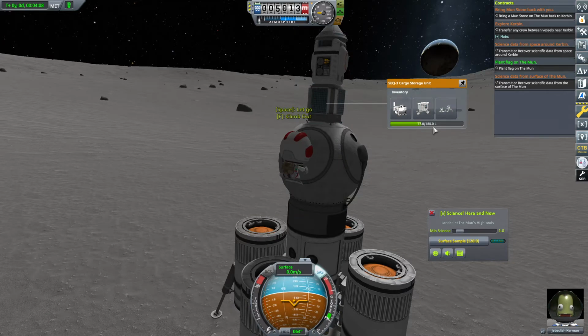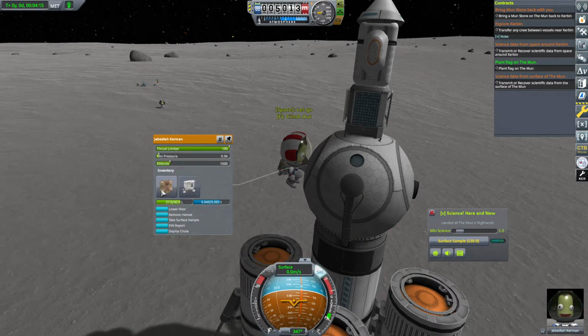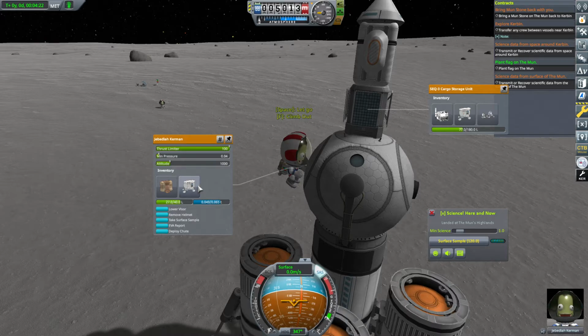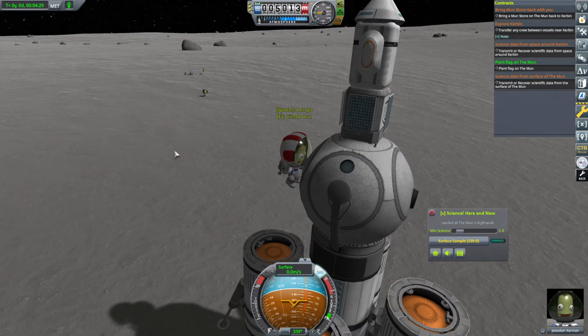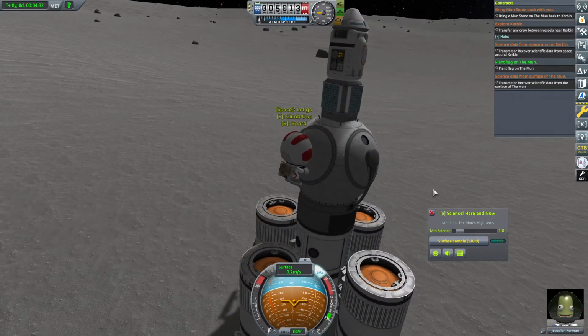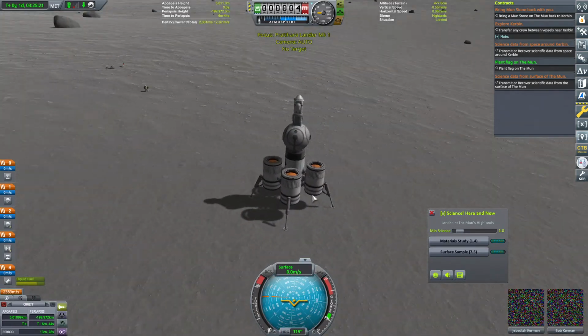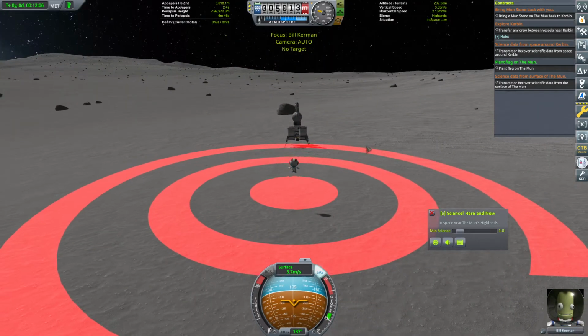So if you were able to toss this to the ground and then toss the jetpack after, that would be completely fine. But as it is, the fact that you can only carry the one jetpack means that this is a really awkward situation. One that I definitely had no way of anticipating until I experienced it. Now, we can adjust this in the future, right? That's definitely something we can do. We can adjust this lander. But I kind of think that Bill has to stay. We can shuffle Kerbals around, and we can get all this deployed, but one Kerbal is going to be required to stay here, unless...